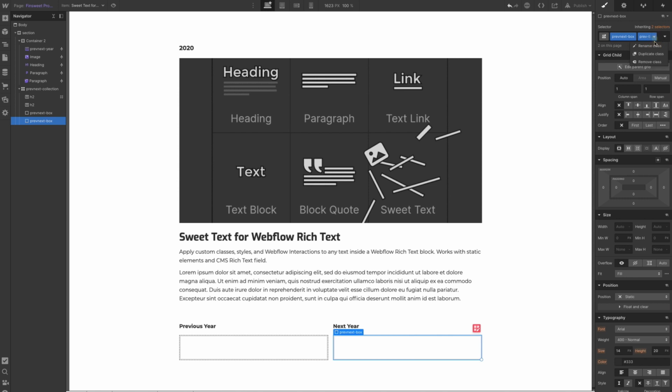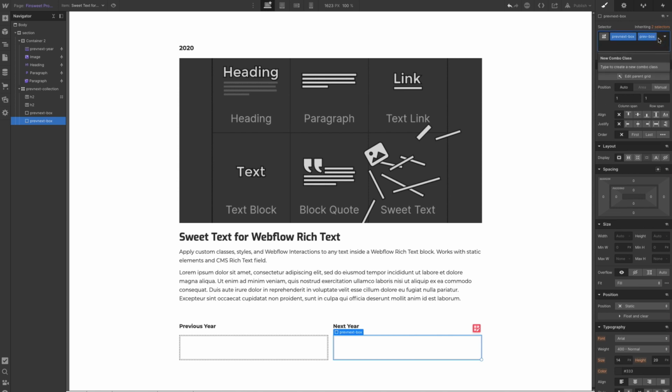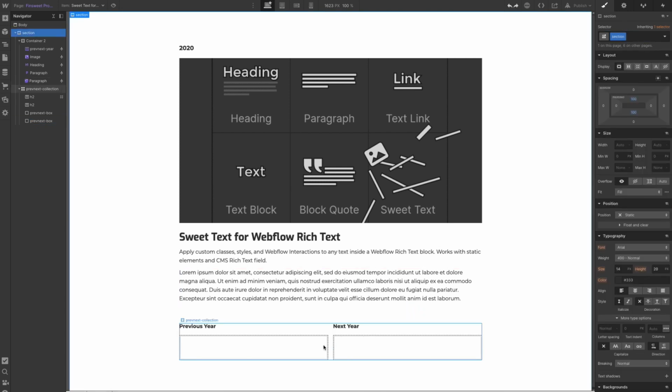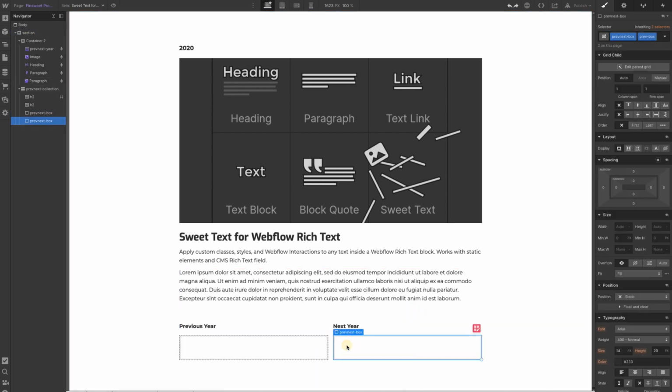And we'll go ahead and rename this one. You know what? What we should have done is actually this. Let's undo a little bit. And so we have the prev next box, right? Why don't we copy this and paste it, duplicate it, so we have two boxes, both prev next boxes, but we're going to add a secondary class to this one called